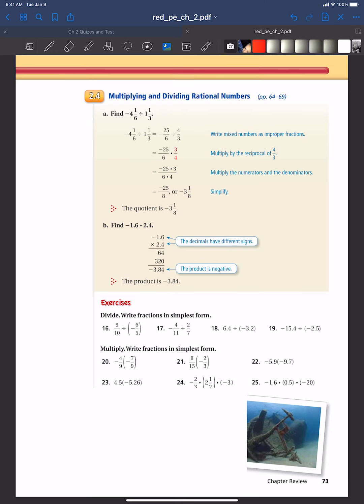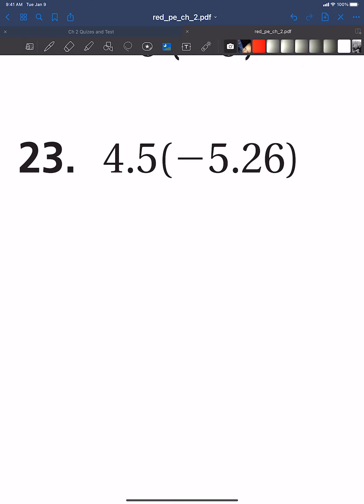Oh, let's do this one. Number 23. Write this one down, please. Oh, that's times. It is times. That's not subtract, is it? Okay, here's what I saw a lot of people do on the quiz. They did this. 4.5 times